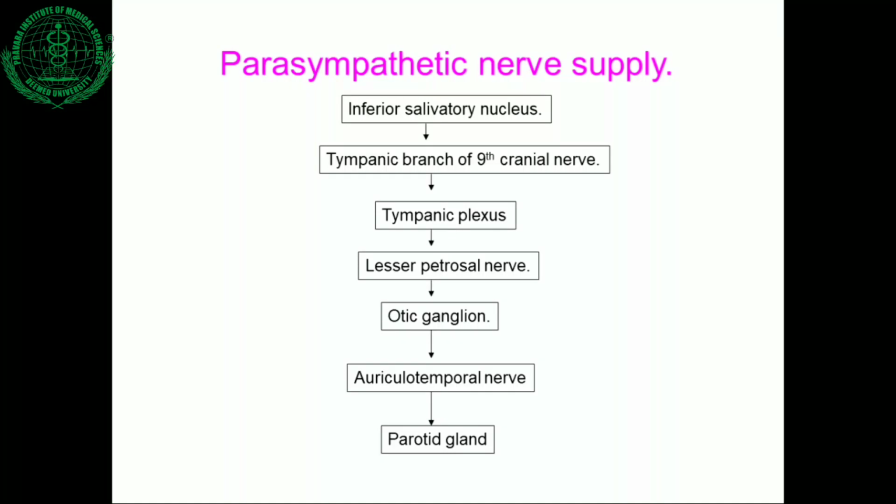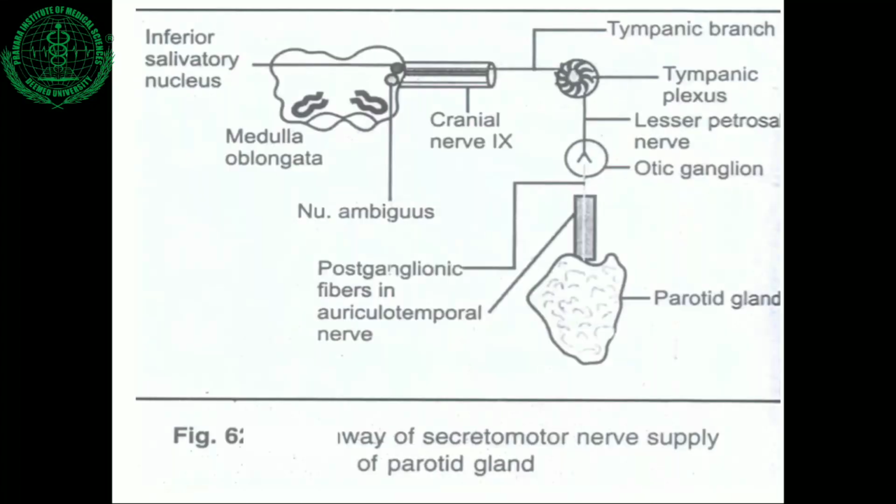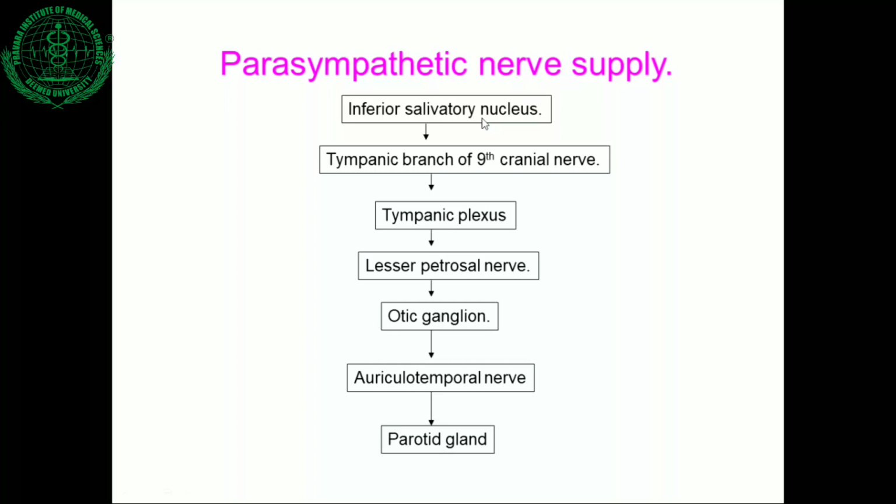The sympathetic innervation to the parotid gland is through postganglionic and preganglionic nerve fibers. The parasympathetic nerve supply to the parotid gland originates from the inferior salivary nucleus. Now here is the pathway for the parasympathetic nerve supply to the parotid gland as shown in this PPT. So the nerve fibers originate from the inferior salivary nucleus